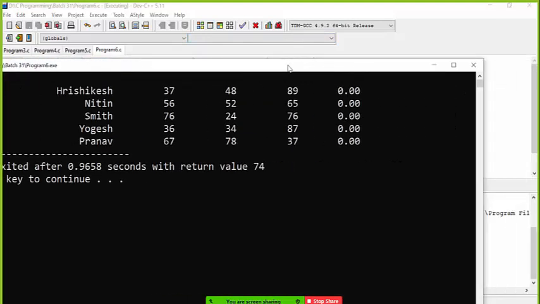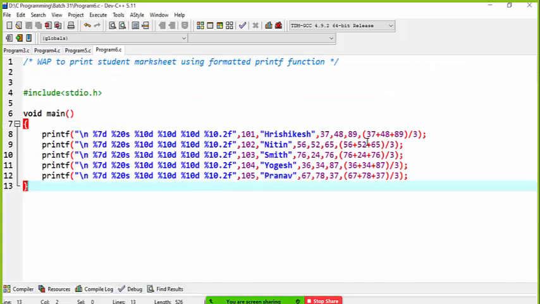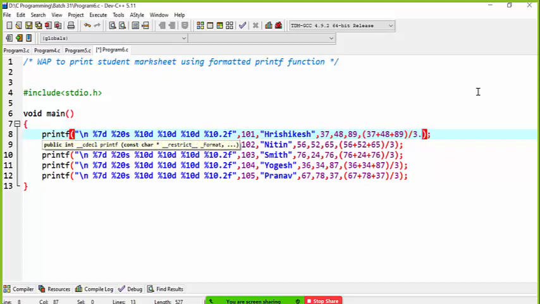Something is going wrong on this side. Why? When we add integers and divide by an integer, in C language the answer also comes as an integer, but we are trying to print it as a float. So make one small change: type 3.0f.